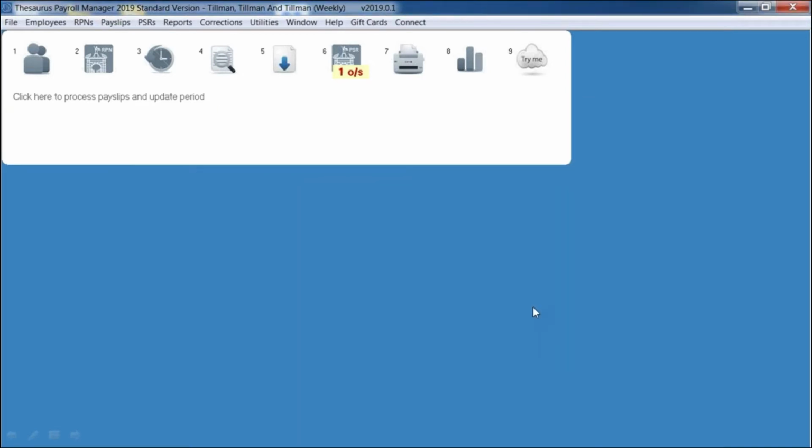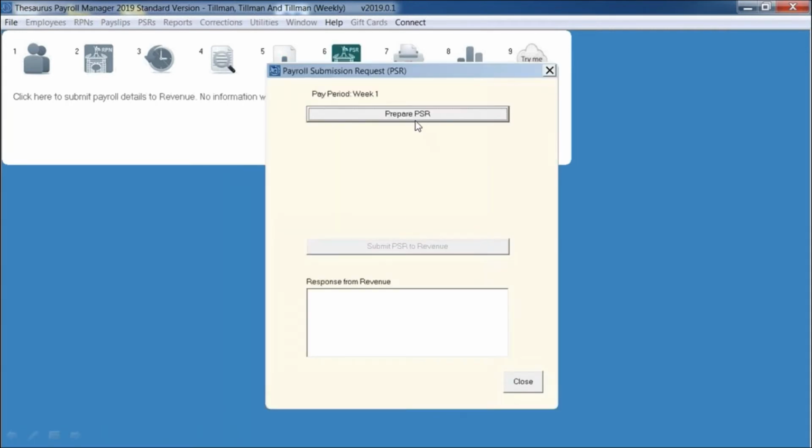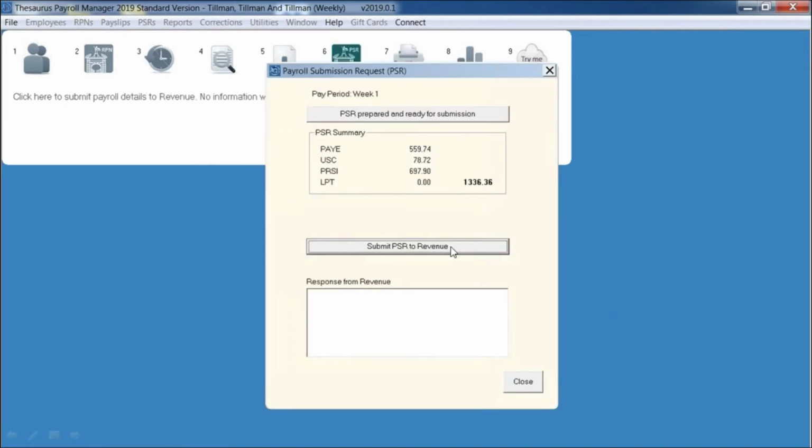The next step is to send the PSR, or payroll submission request, to revenue. And similar to the RPN, you'll see a notification on the PSR icon. That'll always help you. You'll always see anything that's outstanding to guide you through. So we'll just click on there. We'll prepare the PSR, submit,